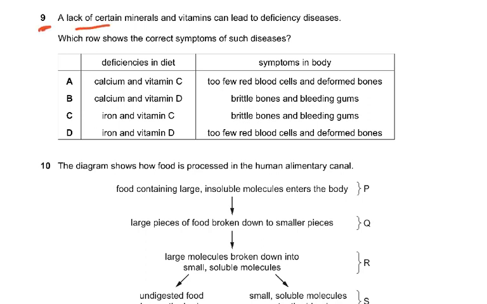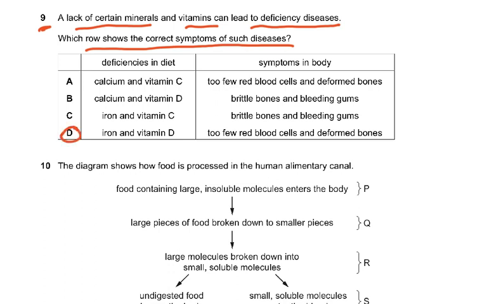Then question number 9, a lack of certain minerals and vitamins can lead to deficiency disease. Which row shows the correct symptoms of such diseases? So deficiencies in the diet: calcium and vitamin C, calcium and vitamin D, iron and vitamin C, iron and vitamin D. Now symptoms in the body: iron results in less hemoglobin, so fewer red blood cells. And vitamin D is required for the absorption of calcium. So if calcium is not absorbed, calcium is going to strengthen the bones, so if this is not going to be added, that is why